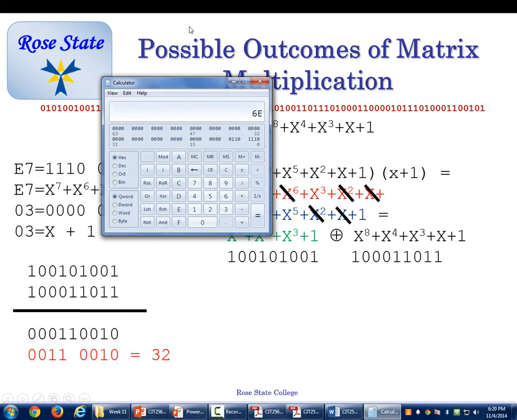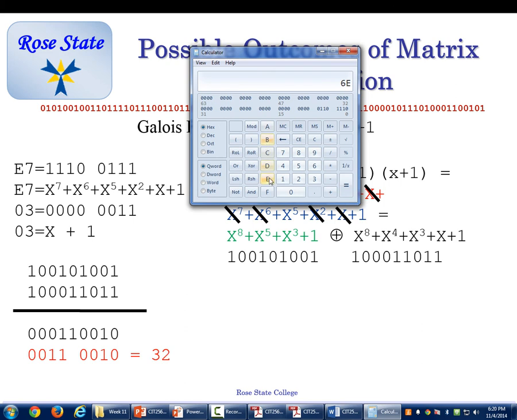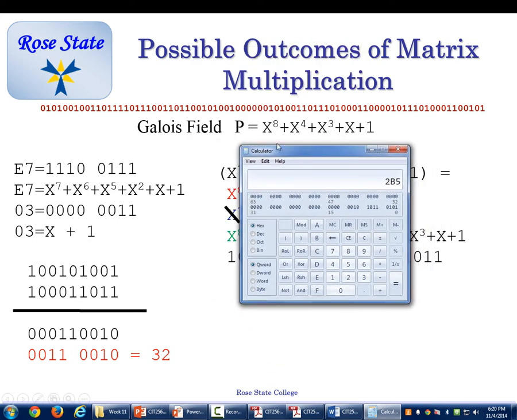Now here's the thing I want to try. I don't think this will work. So if we go E7 times 3, it's not 32. What you would have to do with that is XOR it by whatever binary value you had right there. You have to convert this binary to a hex value. Actually, you convert it to decimal. We could convert it to binary, then XOR it with